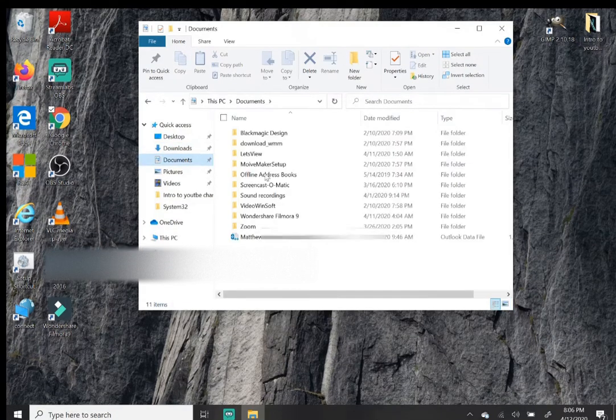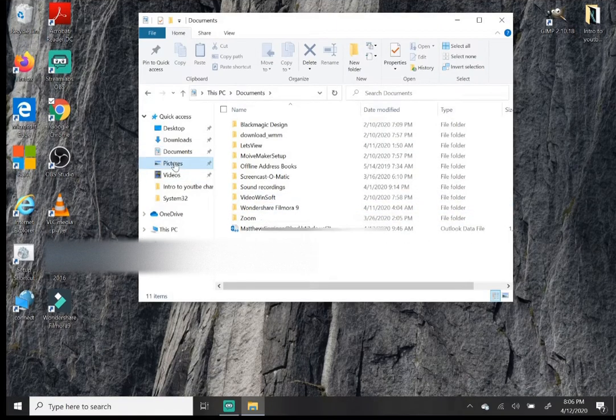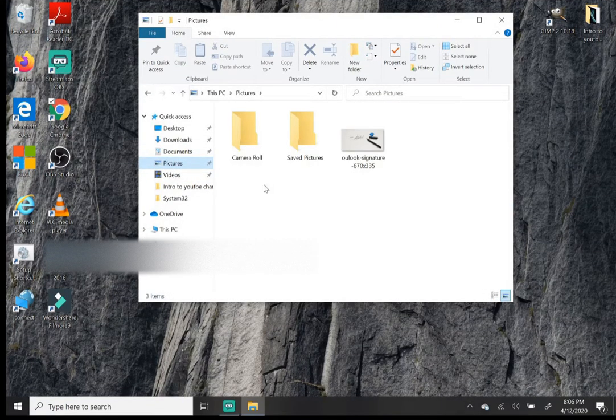So you have your documents. If you wanted to save important documents, Word documents, Excel documents, anything important document-wise, this is where you would save them. You have your pictures. This is where you save your pictures from the internet, from your phone, from wherever. You don't have to save things in these folders, but that's why Windows provides you these folders. They kind of keep everything organized. So you have your pictures folder, you have your videos folder,